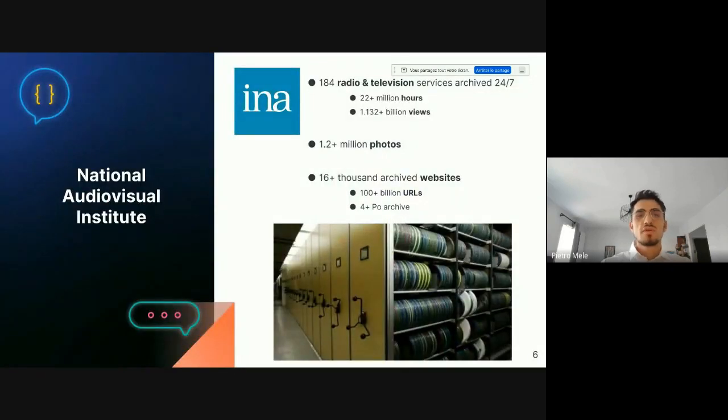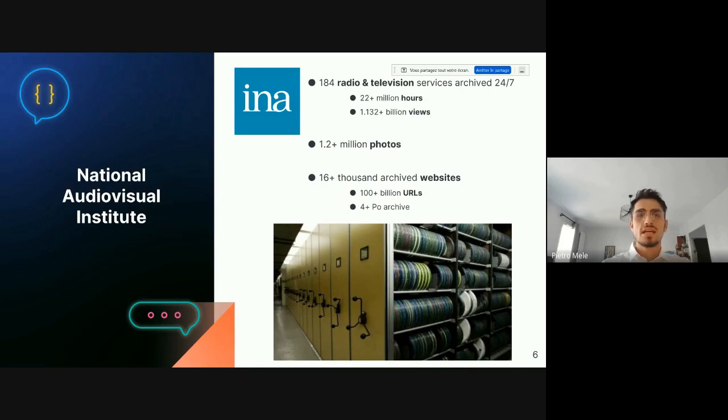So let's move forward and let's see what the INA is. INA stands for the Institut National de l'Audiovisuel, which translates into National Institute of Audiovisual. It is a French public institution responsible for preserving and promoting the country's audio and video heritage.